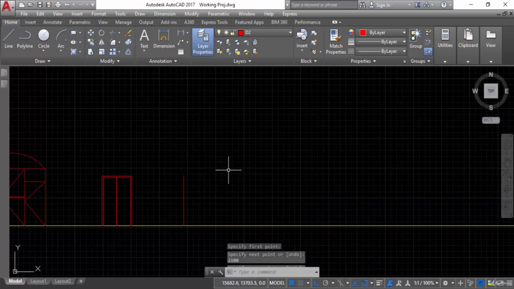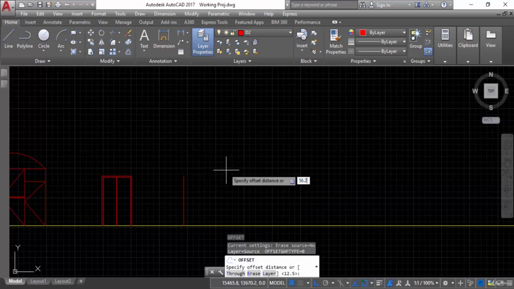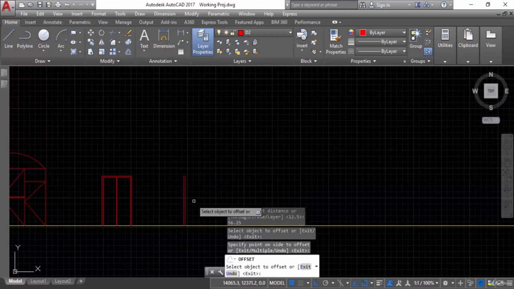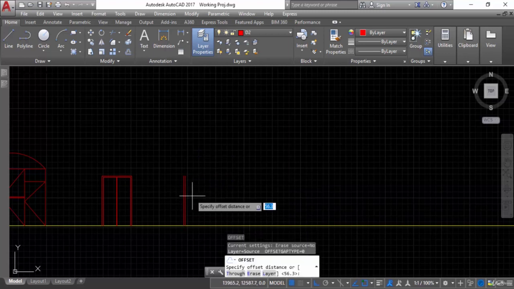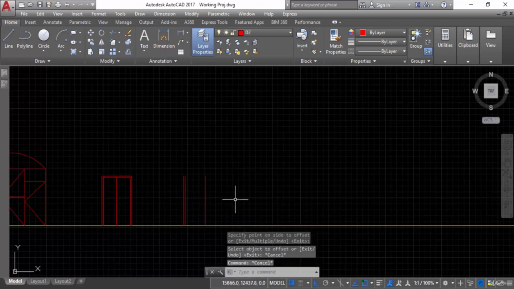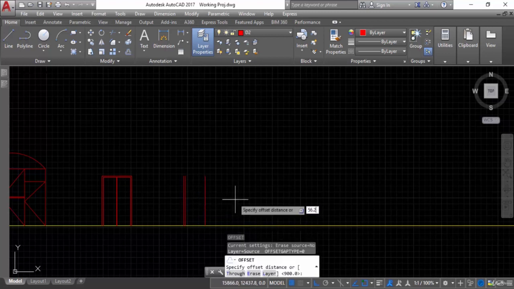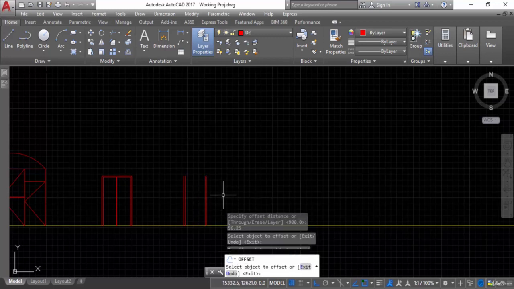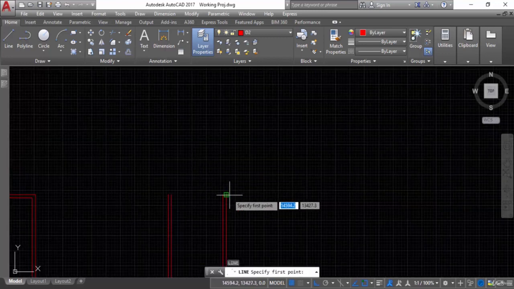Okay, now I want to give an offset of 56.25 for the door frame. Okay, I will give this. Now the clear length is 900 millimeter, so I will give this from this point to this point. Again the door frame is 56.25. Okay, now I will give this point. Now I want to connect this. Okay, and the upper side door frame width is